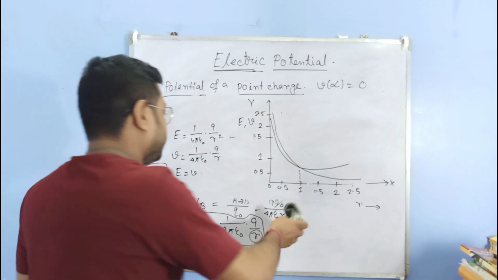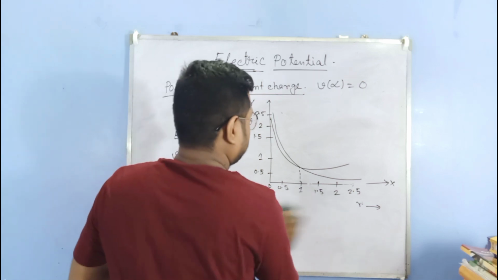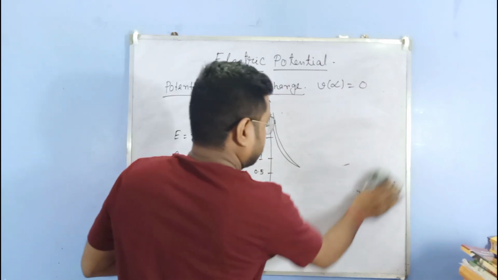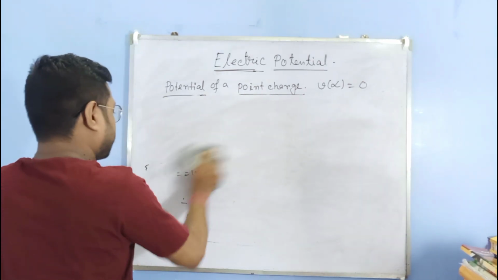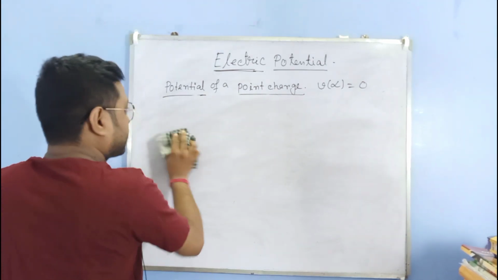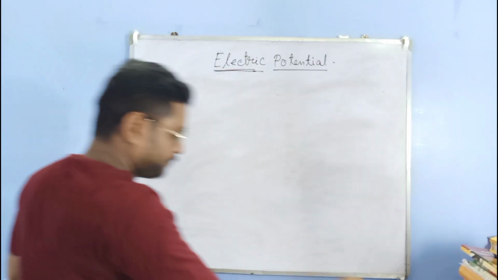Here we know the value of electric field and electric potential. Now we go with numericals. Our first numerical is